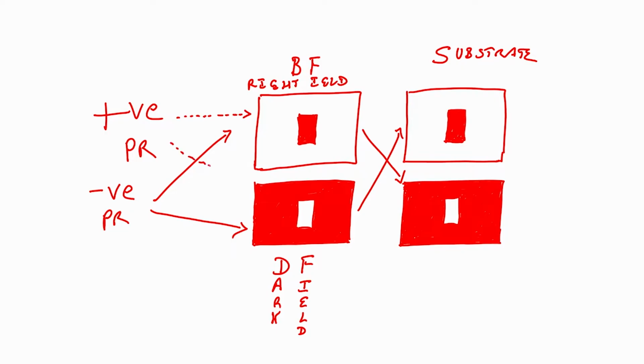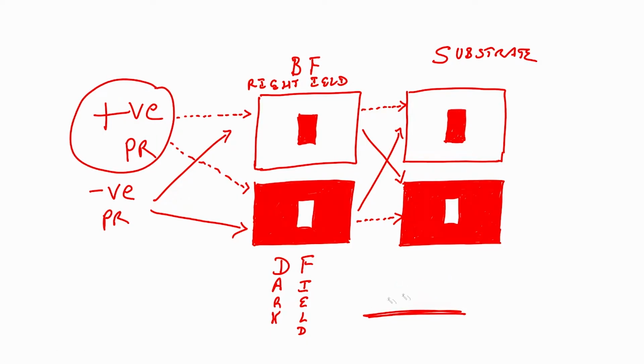or dotted arrow. If I use positive photoresist, I will have this pattern, and with this mask I will have this pattern. But in case of negative photoresist, if I use bright field mask, I will end up with this. If I use a dark field mask, I will end up with this pattern. So, what do we understand? I told you there is a UV light that we are using in photolithography. Here, what you understand is that when I use positive photoresist, then the area which is